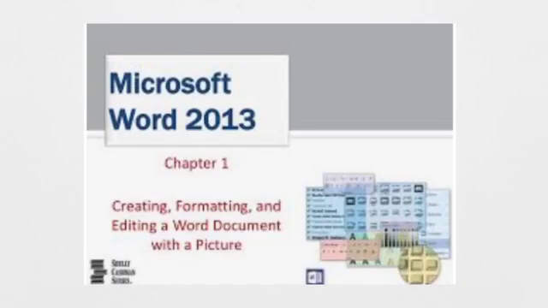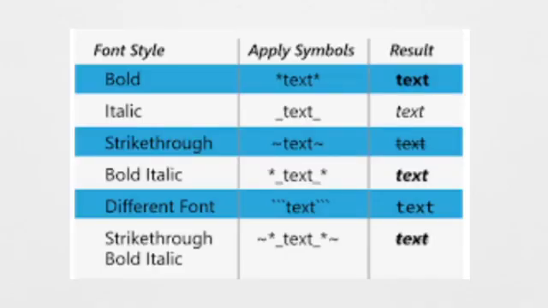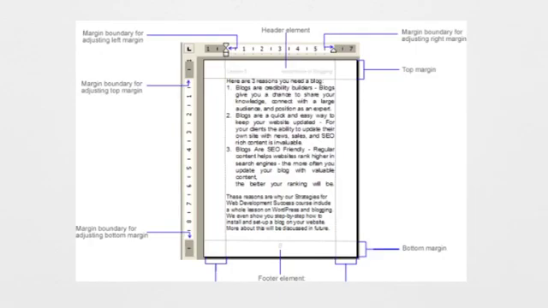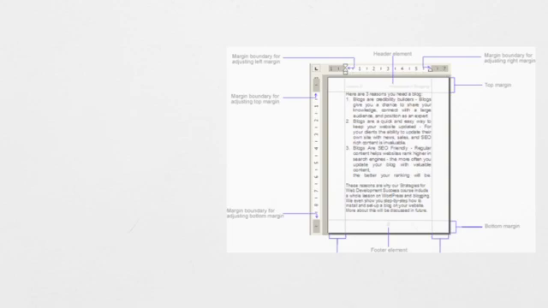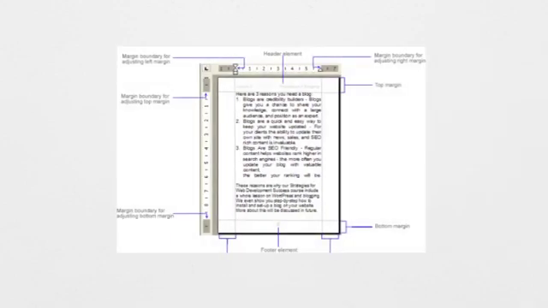And here we are going to talk about page formatting. There is a difference between text formatting and page formatting. Text formatting means to change the appearance of the text. Page formatting means to change the appearance of the page. So in this chapter we will talk about page formatting, that is, how your page will be displayed on the screen after making some formatting. So making changes to the settings of the page is called page formatting.